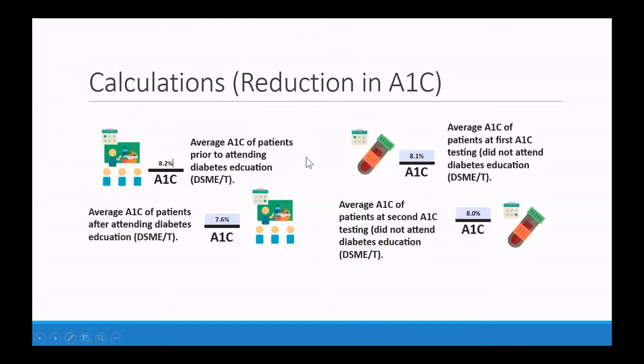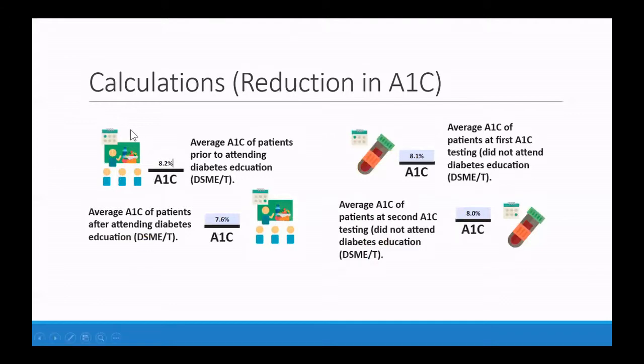So as we know, the use of diabetes self-management education as a tool for caring for patients with diabetes can decrease the A1C. I have the source statistic on that original infographic that I don't have on the slide in front of me here, but I believe it was by 0.6% reduction. So this is a tool that you can use here. This is kind of getting into the nitty-gritty with the provider if you really want to hit home the importance of diabetes education. And this would be something that you might have to take a little bit longer to go